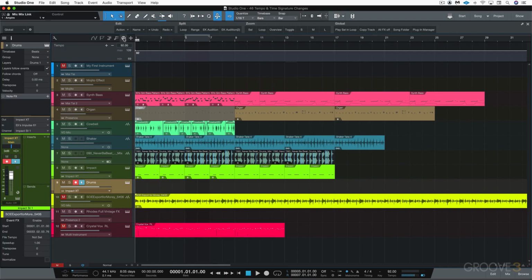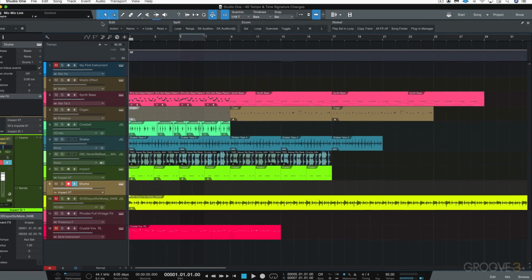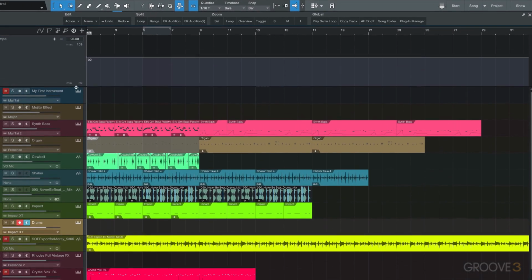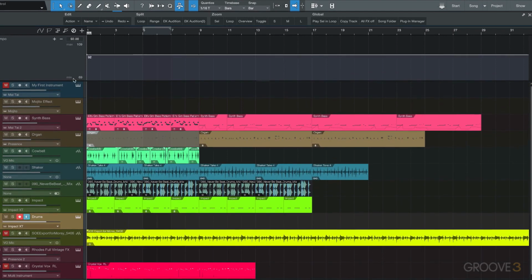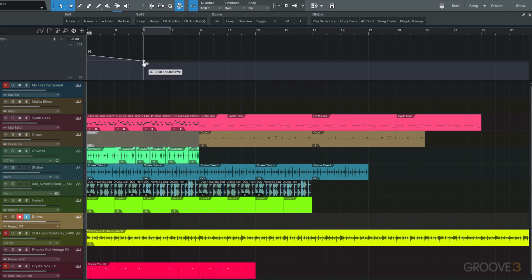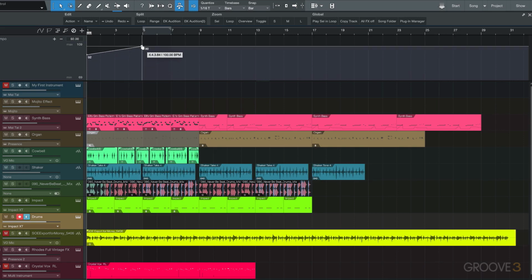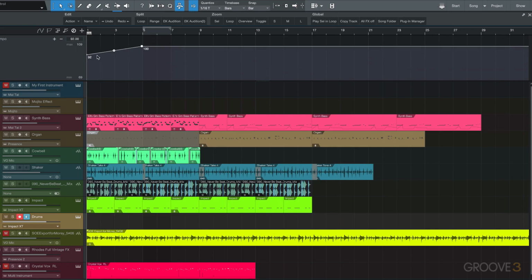Now, with this selected, we can use either the arrow tool or the drawing painting tool to paint in tempo changes. Now, we can resize this track if you want to work with greater vertical resolution. And let's say I want to insert a tempo change there. I'm going to just click and I've got an event there and I can drag it to where I want. And you'll see that there's a straight line, meaning that the tempo is going to ramp consistently between these two